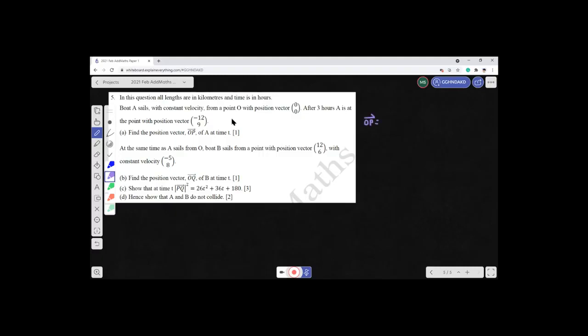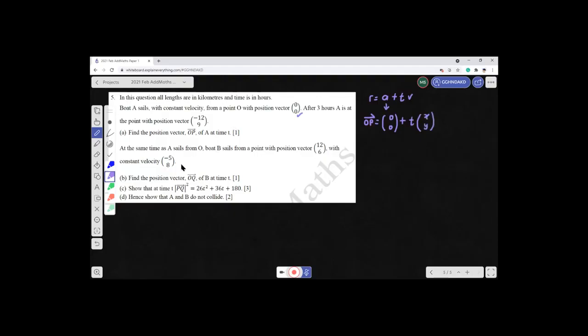What is the formula? If I want to find the position vector r, the formula is a plus tv, right? So if I want to find OP, I start from 0, 0. The a is the initial position. Don't forget, by this time you should already know, because your exam should be coming soon. So a is your initial position vector, plus t, and your velocity,